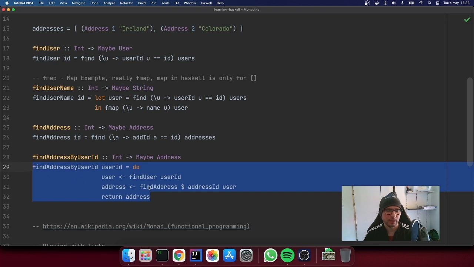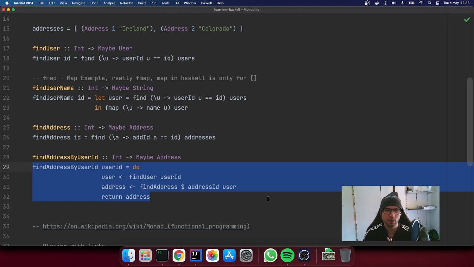Three lines. We are not checking if this is nothing, if it contains something. In Scala, we have Option that is exactly the same as Maybe. If you want to do this in a procedural way, you should get the result. Is this null? Is this empty? Does this thing exist? And then if.